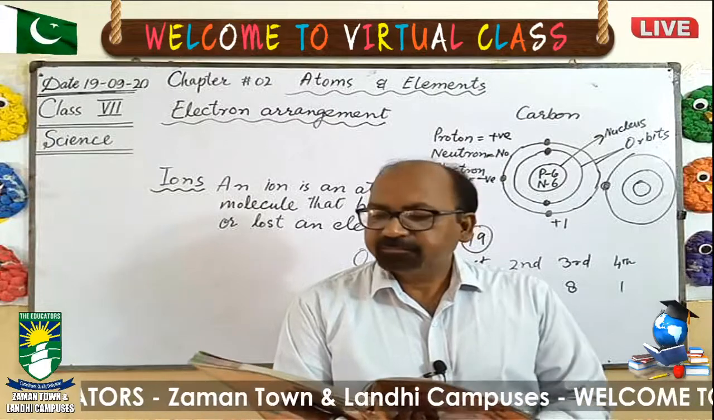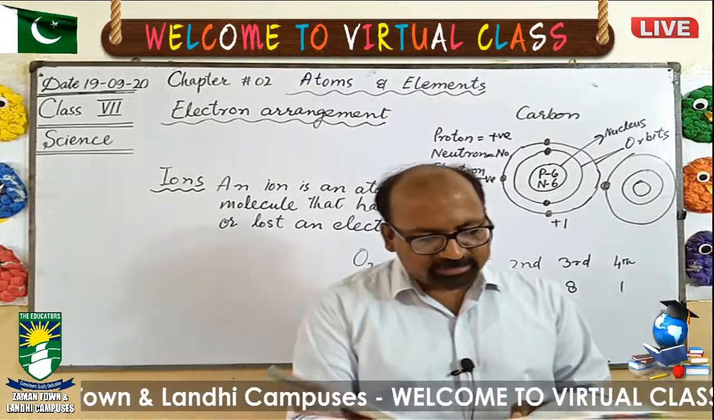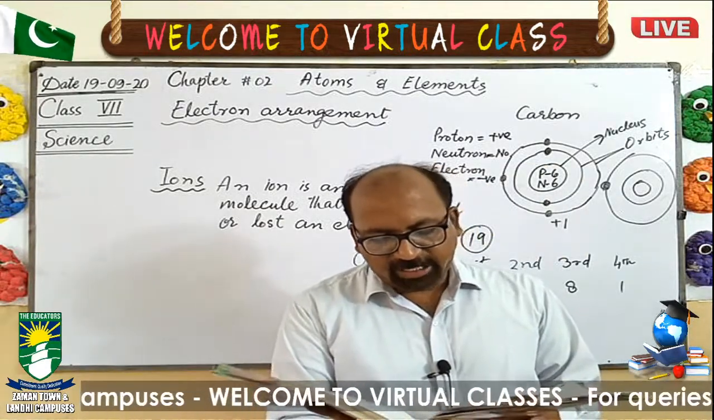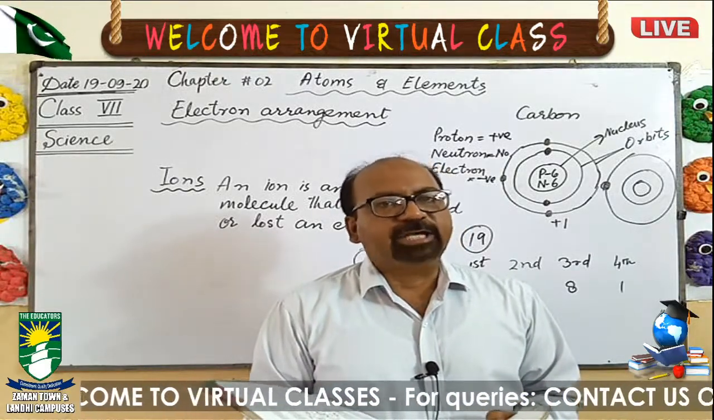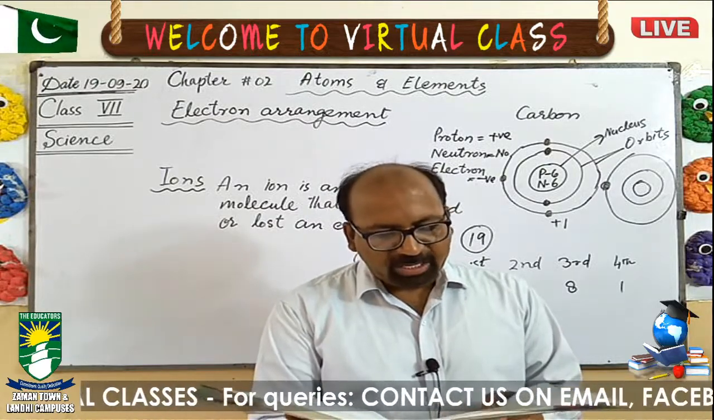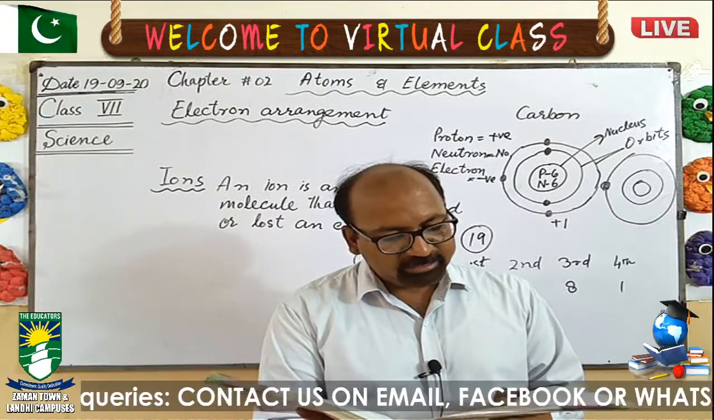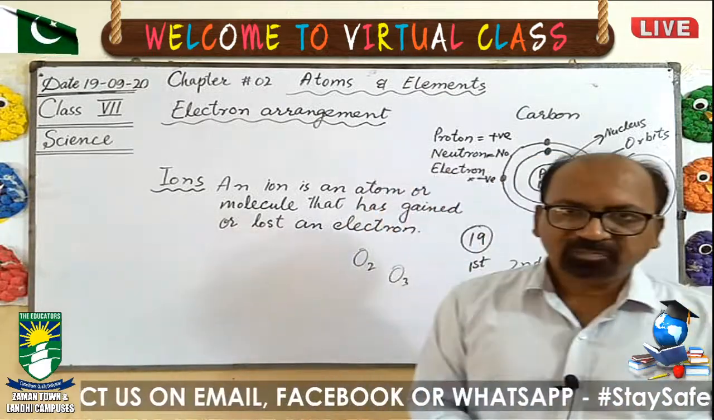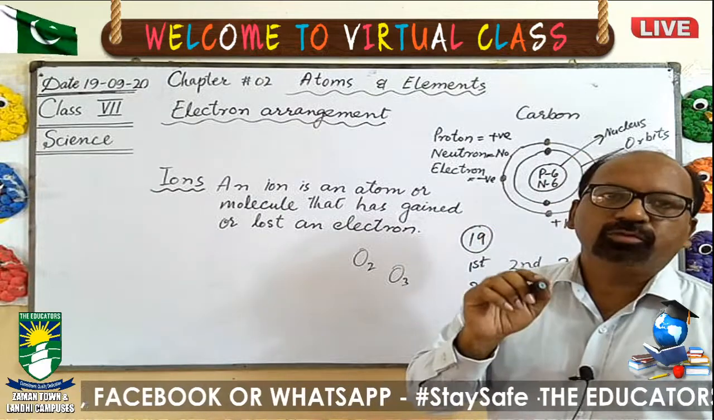Next topic, which is element. An element is a substance that is made up entirely of one type of atom. Elements: the same type of atom makes the elements. For example, the element hydrogen is made up of atoms containing a single proton and a single electron. Hydrogen has only one proton, there is no neutron,